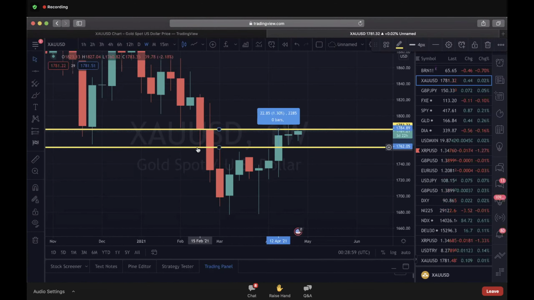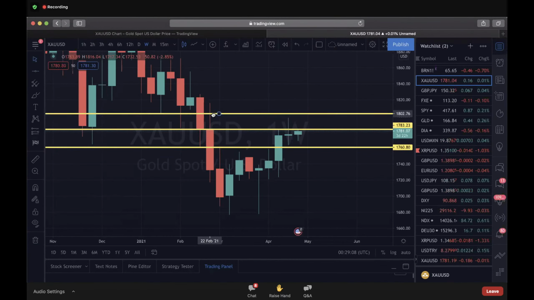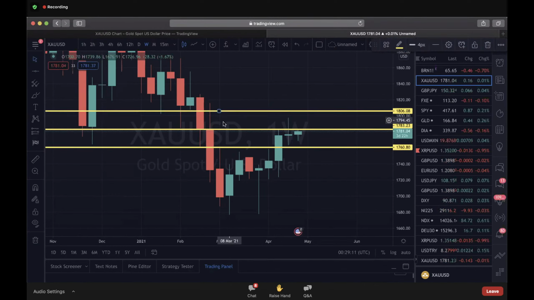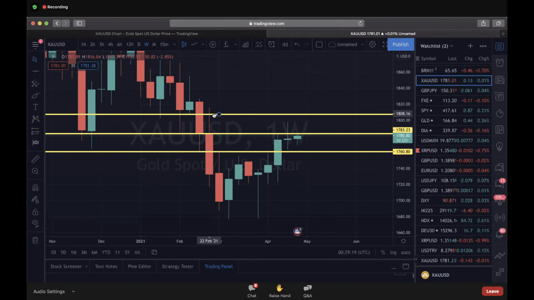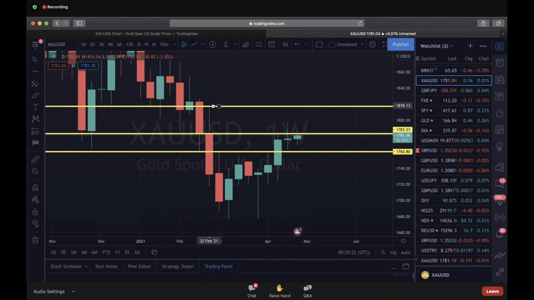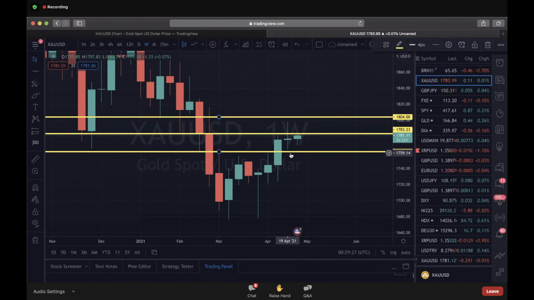Why did I enter here? What made me enter here and take profit at such a small level? I didn't decide to take profit here, right? Because this is 50% of the wick. So anything could happen during this time. Price could come down at 1818, 1804, 1809. And that was kind of my mistake before, but it happens to the best of us. So this is where I would enter, 1760. That's where I entered before, and that's 257 points. Easy. Right off the gate.